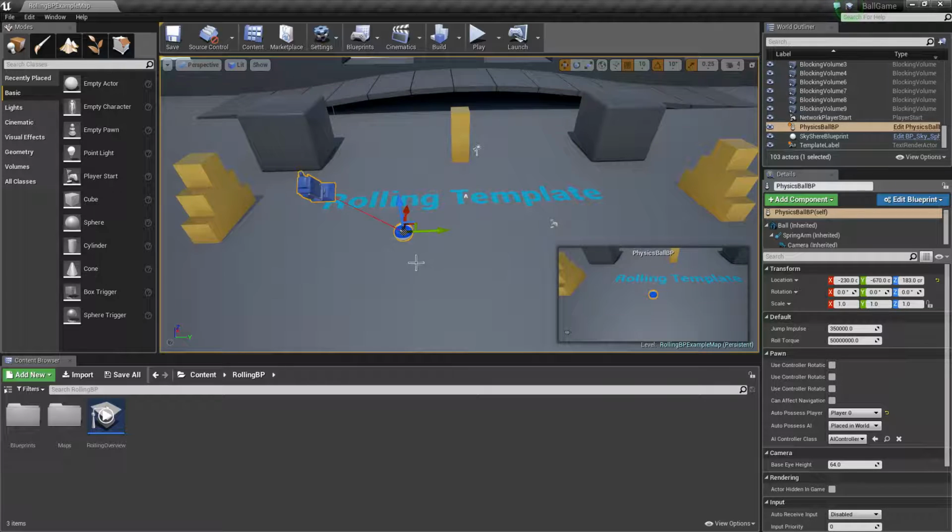So first thing we want to set in the properties here is the roll torque. Now this is part of the blueprint object that is the ball, which handles all the player controls and so on that make it move around. And one of the settings that they expose is this roll torque. Now it's a huge number on there. It's starting with 5, and I've found that if you just alter this down a little bit, so let's make it, for example, 1 instead, 1 with all those zeros on,